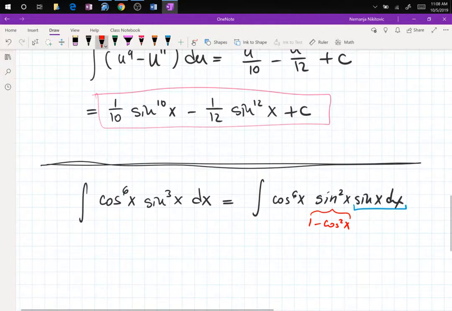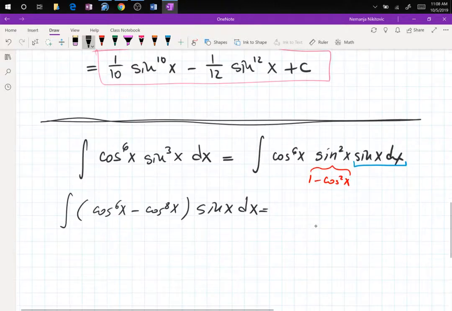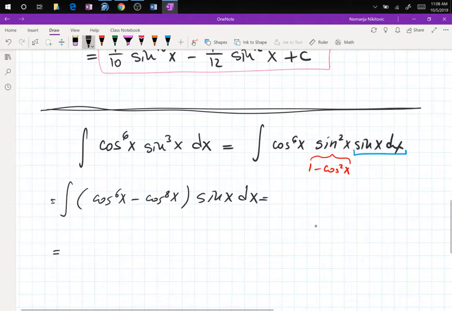Okay, so absolutely same steps as before. We multiply, so we get cosine to the 6x minus cosine to the 8x, and we have sine x dx in the bank. We are going to use the u sub, so u equals cosine x, du equals negative sine x dx, so you'll have to mess with the negative signs. So to get the negative signs, you just change,